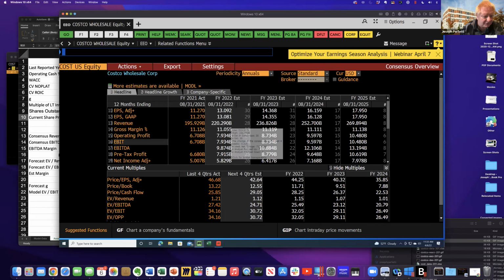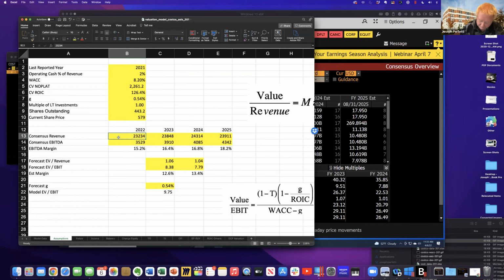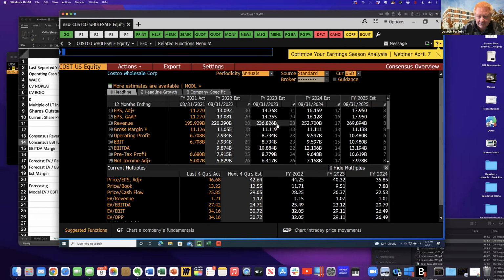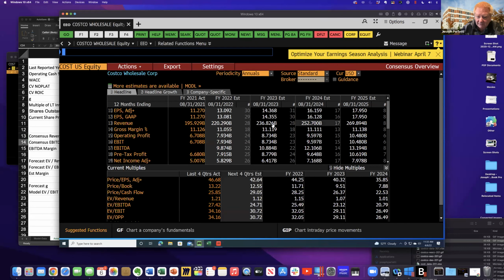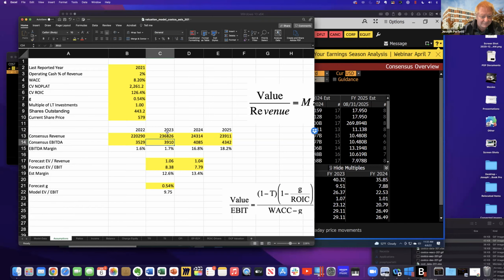So 220,290. Then $236,826. For 2024, 252,700. And for 2025,